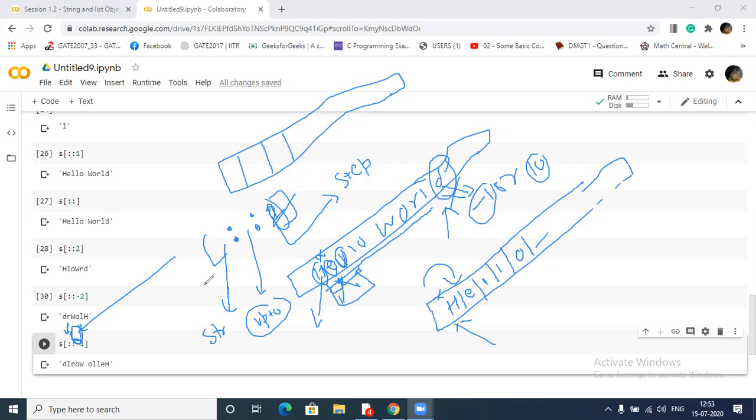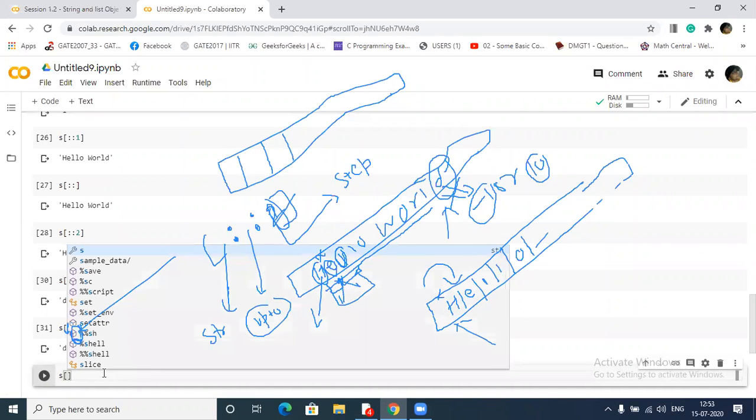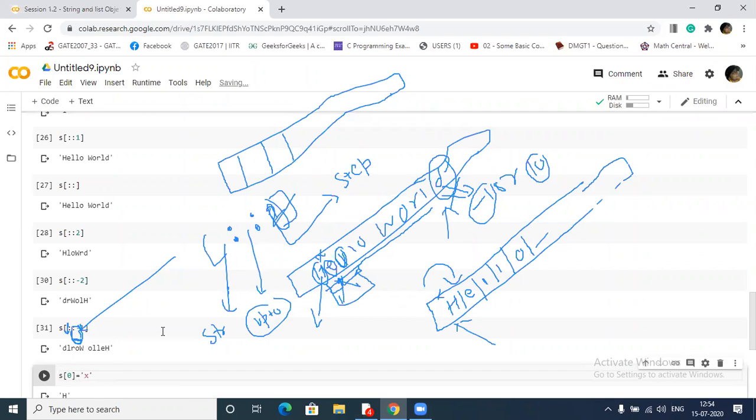Suppose, what does it represent? Tell me. If I print index 0, what will it give? H, right? If I want to assign some character here, like x, then this is not allowed, because I already told you that S or S0 both store the address of your first character.